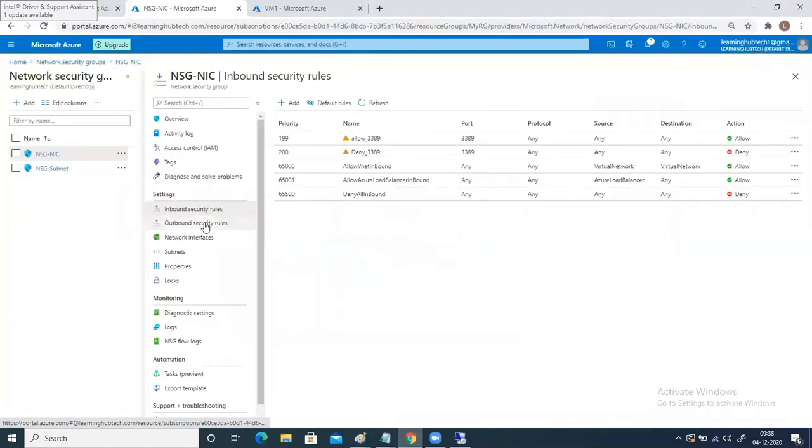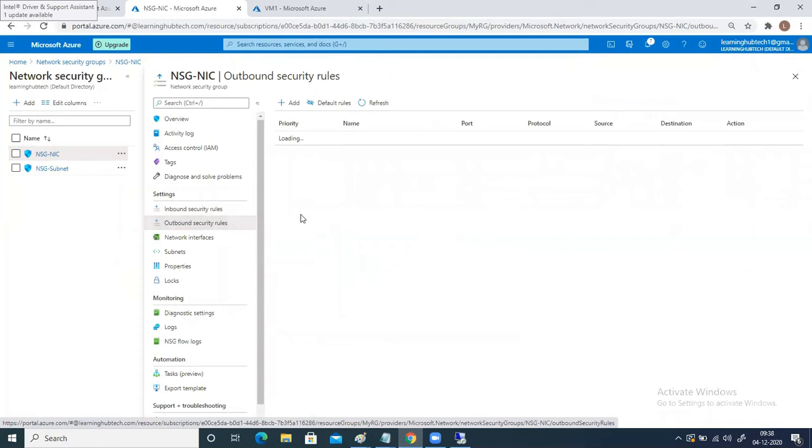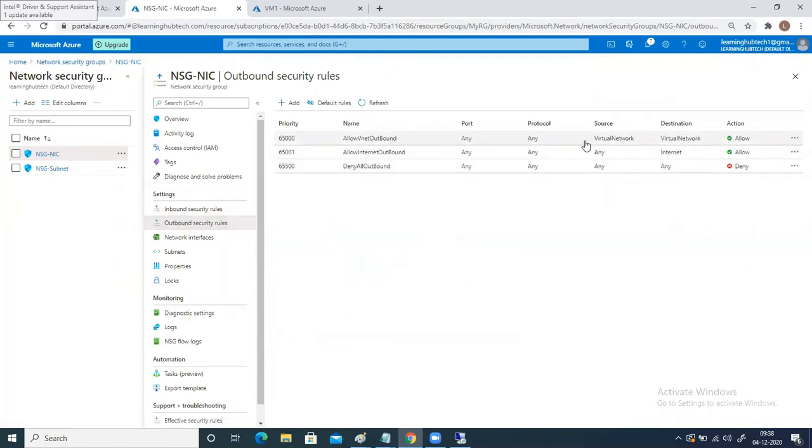If you go to the outbound security rules now, in outbound security rules also you will get the same rule. Source is virtual network and destination is virtual network. Fine. And the action is allowed. So what does it mean? It means